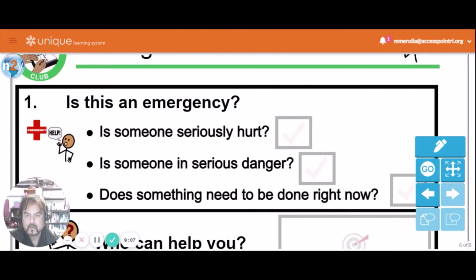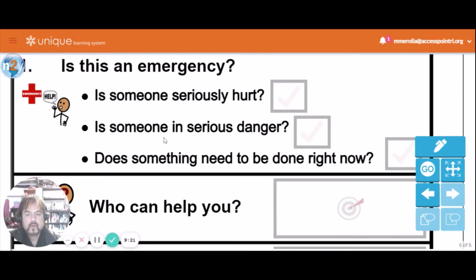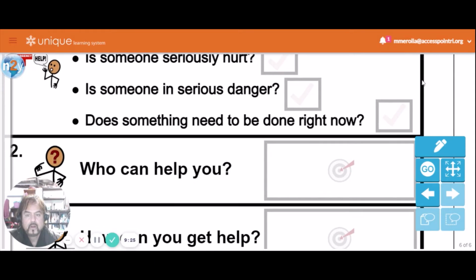Is somebody seriously hurt? No. Is someone in serious danger? No. Does something need to be done right now?